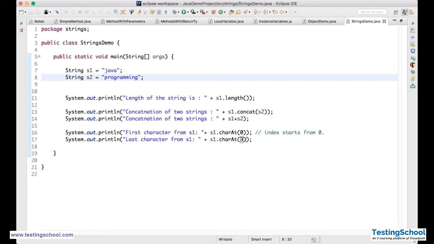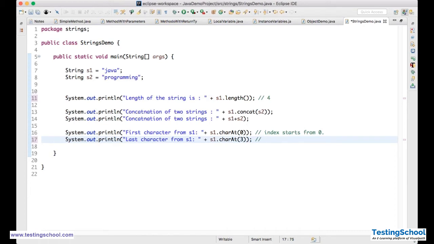So we have one of the options. See, when you say S1 dot length, it will give me the length, right? What is the length? Length is 4. But if it is my last character, it will be 0, 1, 2, 3. But the length is 4. If the length is 5, 0, 1, 2, 3, 4. The reason is index starts from 0.